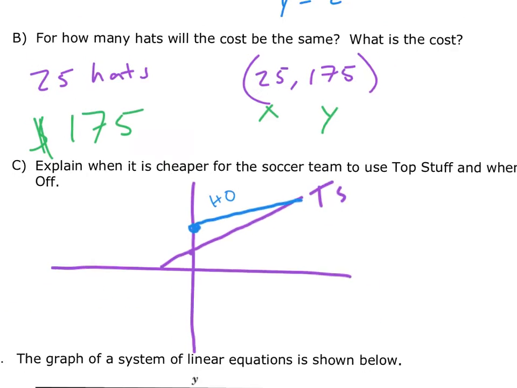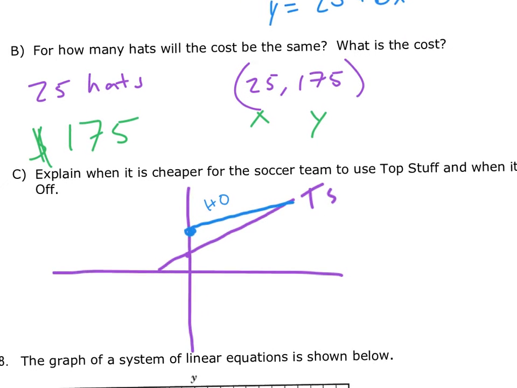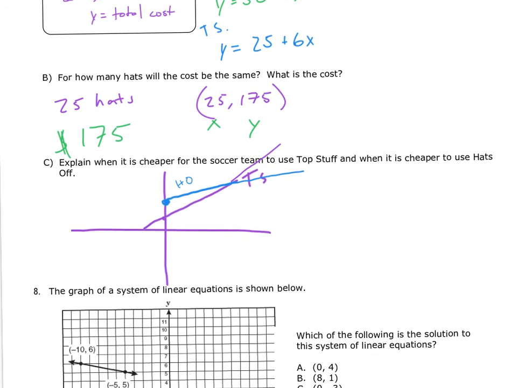Hats Off. So the question is asking, when is it cheaper to use Top Stuff and when is it cheaper to use Hats Off? Well, if I look at my graph, that Top Stuff line is going to be lower than the Hats Off line all the way up to the point where they meet. And then the Hats Off line, if we kind of extend that graph, that Hats Off line becomes a little bit cheaper than the TS line after it goes past the point. So to answer your question, when is it cheaper to use Top Stuff and when is it cheaper to use Hats Off, you can say Top Stuff is cheaper